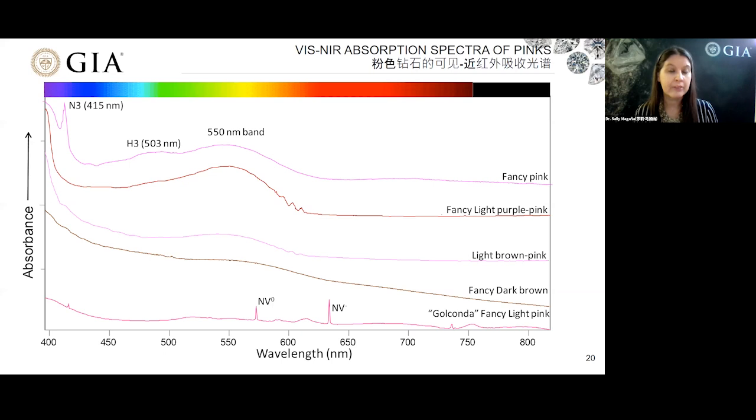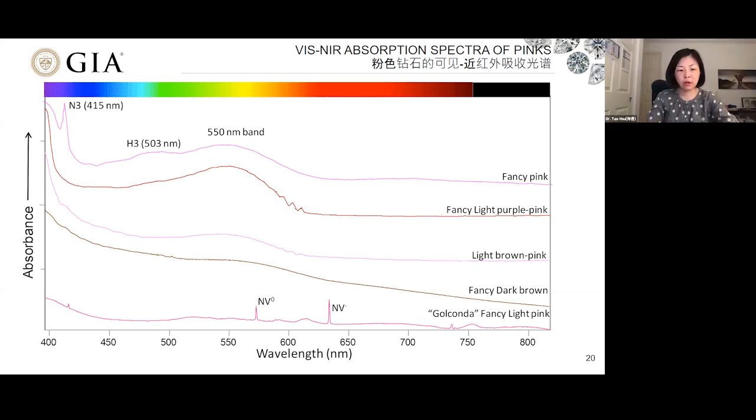In some, it's more prominent, and you get more of an increase towards the blue wavelengths due to vacancy clusters that give that brownish contribution. 这些是粉棕色调的钻石，也都有550纳米吸收带，就是那个大包。因为这个吸收带特别强，所以它左边往蓝区的吸收也比较强，这是因为有空位群的存在，给钻石加了一点棕色调。